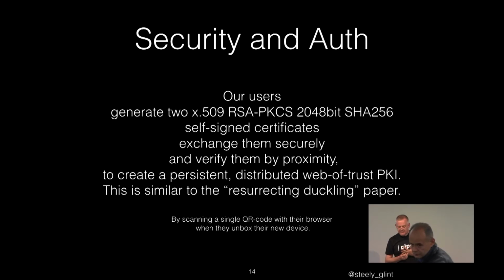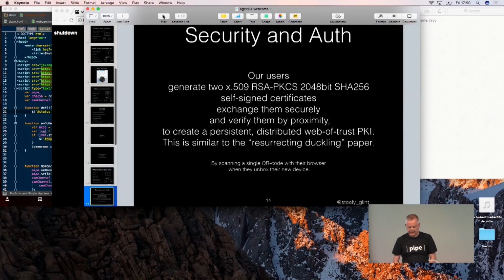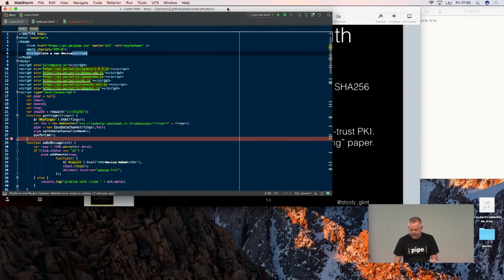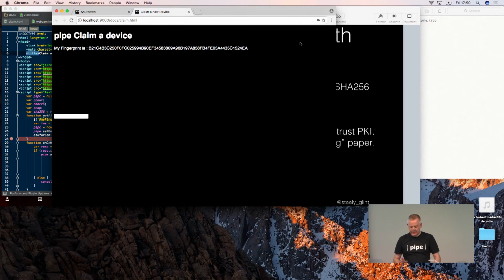And that sounds like a really tedious thing to do. But actually, it turns out you can do all of that just by scanning a single QR code when you take the device out of the box. So I'll show you that. I should add, though, at this point, that this actually works much better on a mobile device than it does on